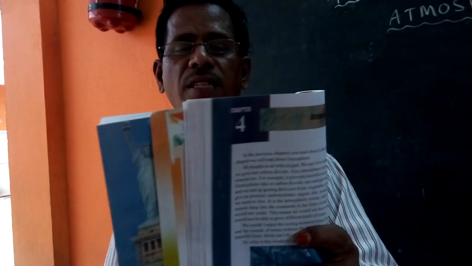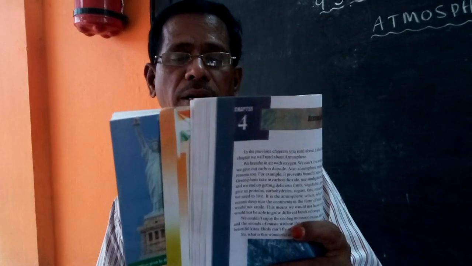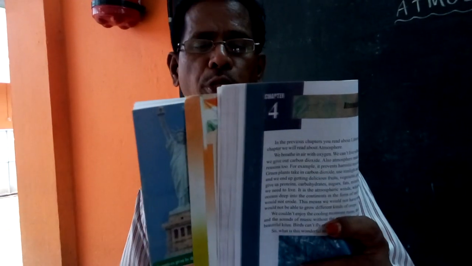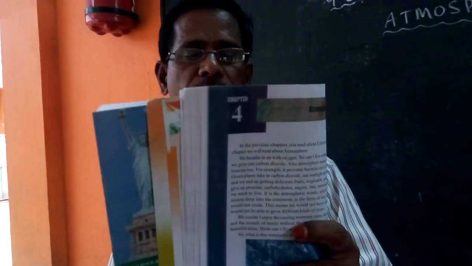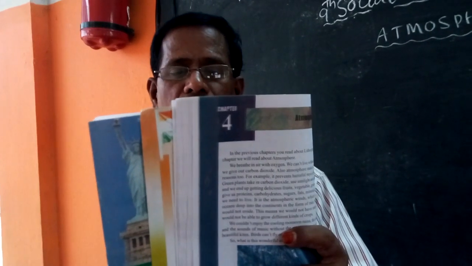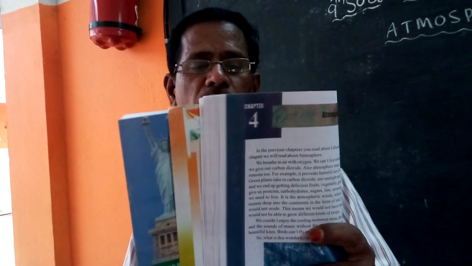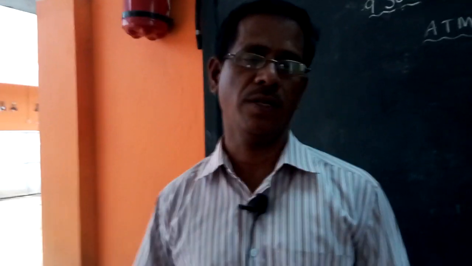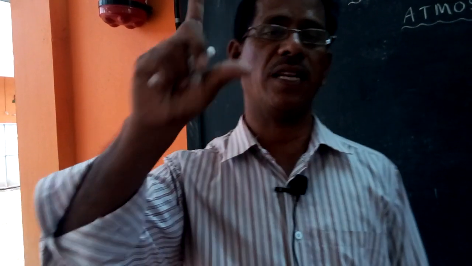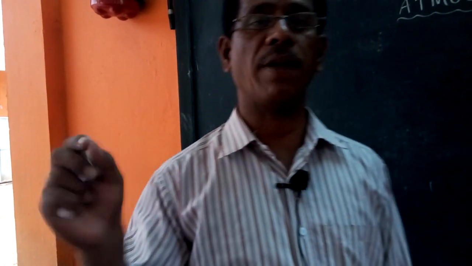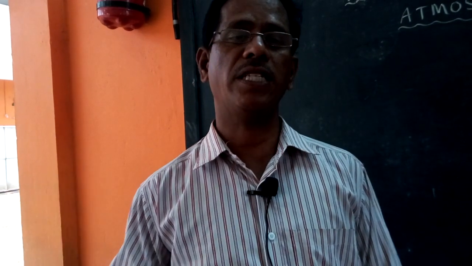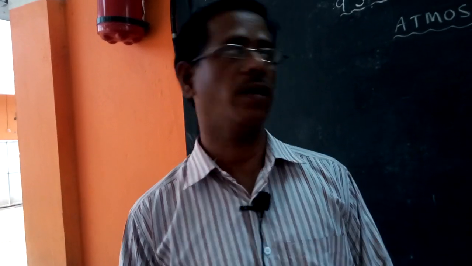Compared to the size of the earth, the atmosphere is a very thin blanket around the earth. The atmosphere is just 100 km thick, while the earth is nearly 6,000 km in diameter. The space agency of the USA, the National Aeronautics and Space Administration (NASA), gives this description: if the earth is the size of a basketball, the atmosphere would be like a thin sheet of plastic wrapped around it. Imagine the earth like a basketball, and the atmosphere around it is like the thin wrapper on a chocolate.